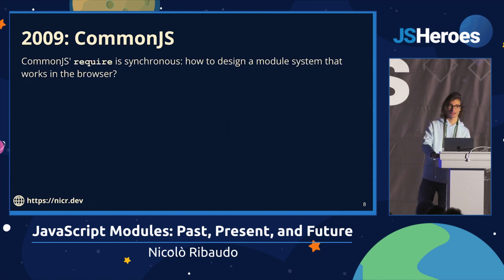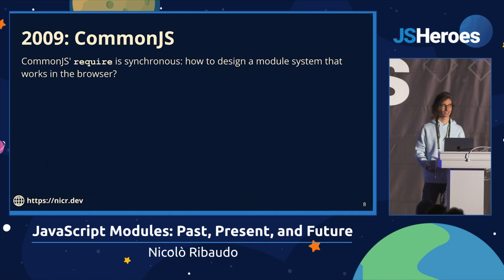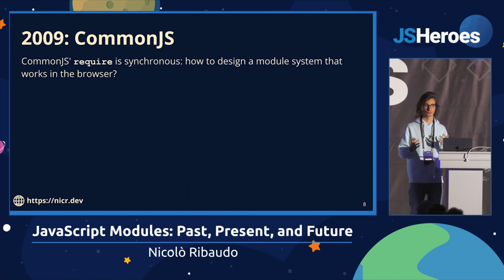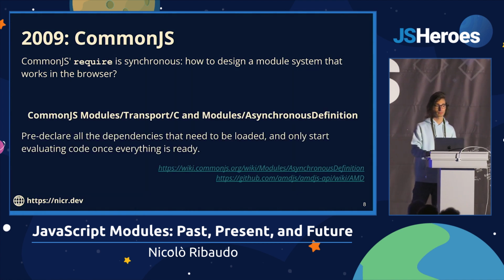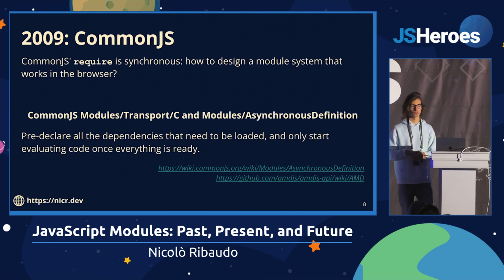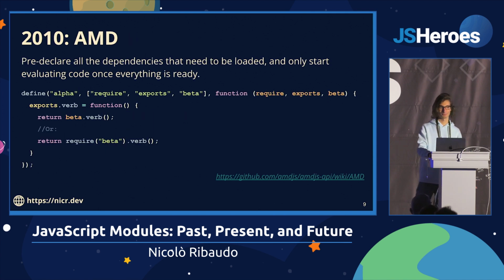CommonJS had a problem. Well, it was called Server.js. It worked on the server because it was all synchronous. For browsers, this is not really good because you need to go through HTTP requests to load your files, and that needs to be asynchronous because you don't want to block your UI while loading dependencies. So this group working on CommonJS started working on something else called modules/asynchronous definition, which is now better known as